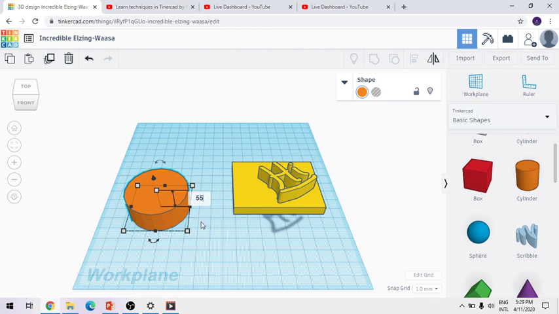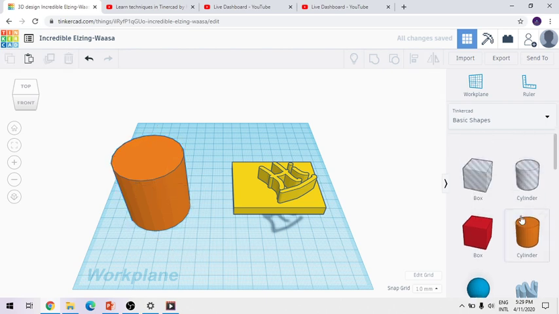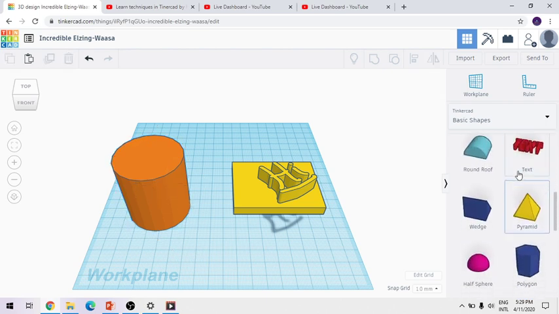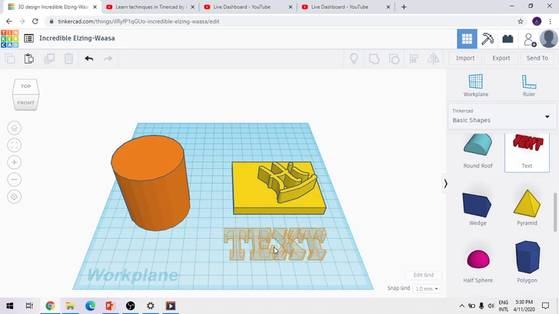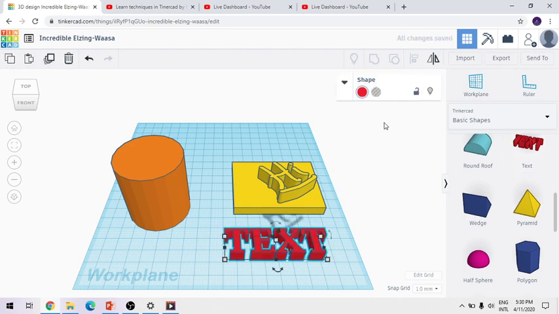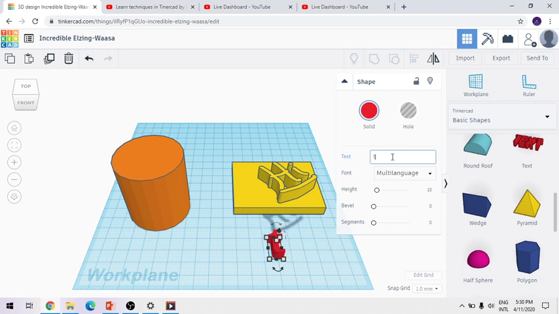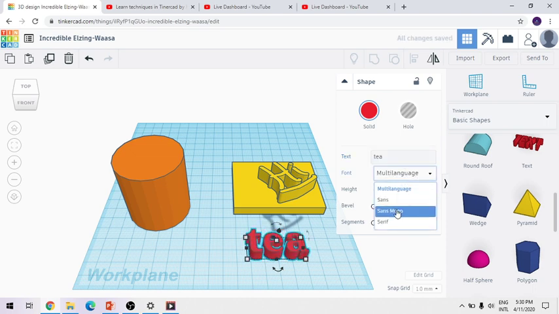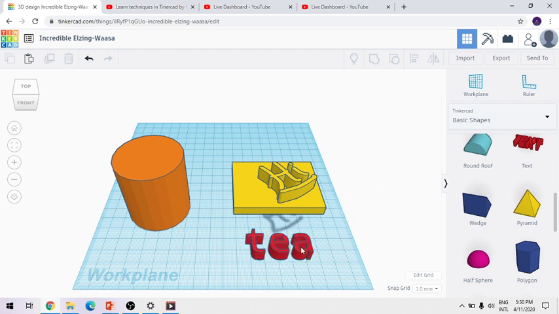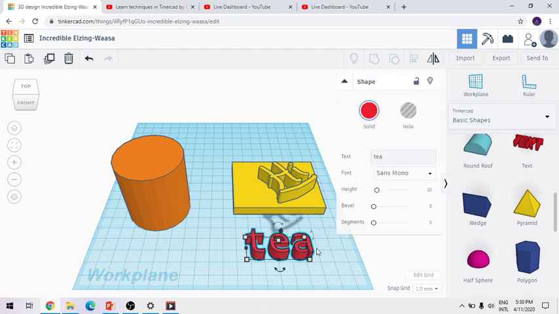Okay, see, the dimensions are changed. Now I will take one text here. So I have taken one text, and I will write here something. So see, there are some options. In text I will write T. Okay, and I can change the font also. I have changed the font. You can simply change the height and all the settings. Now I have changed the height, and now I want to change the